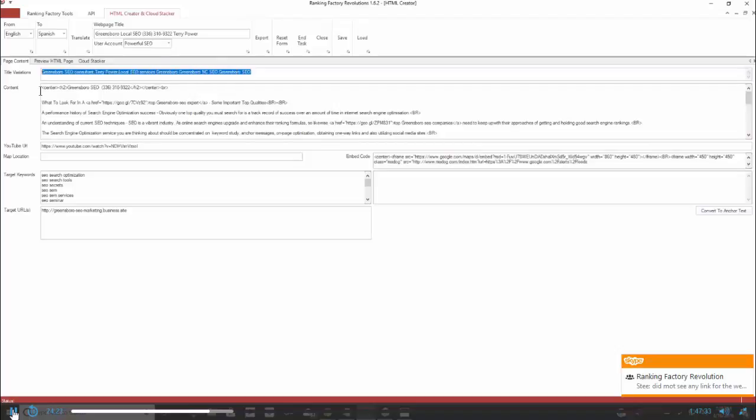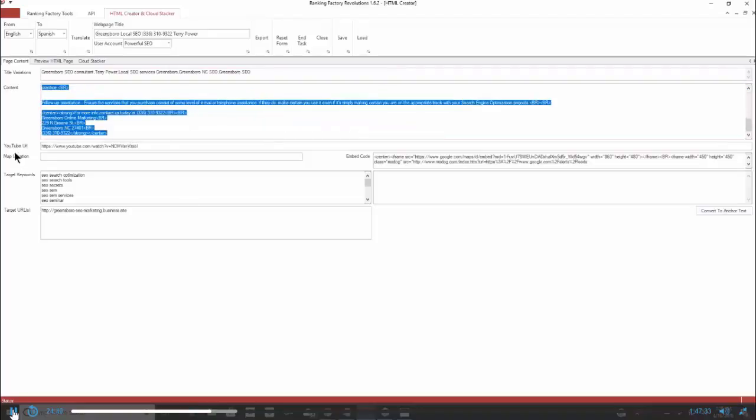Then I put in here some variations on the title. These will go in the metadata. They won't be seen by humans. They're for Google. They're food for Google to explain more relevance. Then an article here,